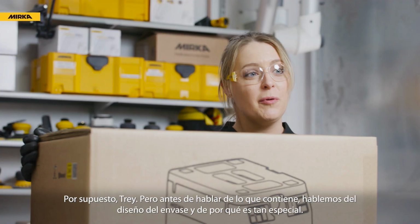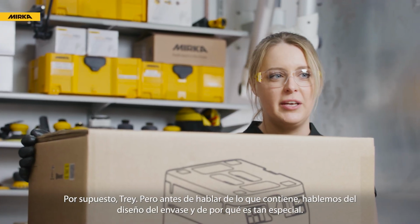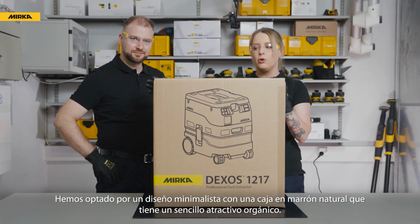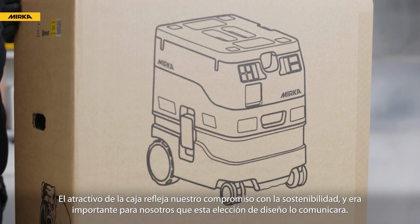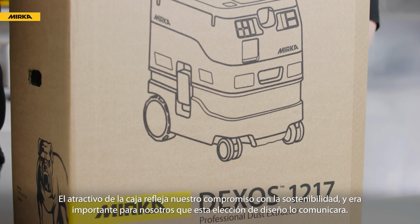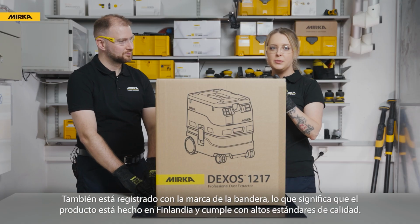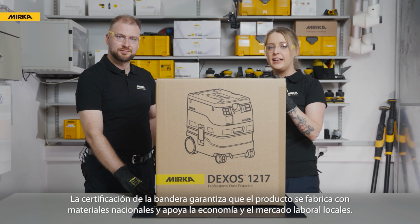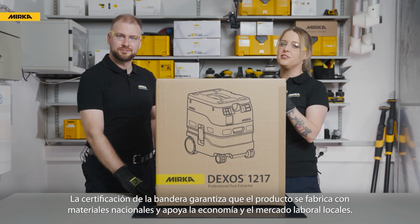Absolutely, Trey. But before we dive into what's inside, let's talk about the design of the package and why it's so special. We've gone for a minimalistic design with a natural brown box that has a simple organic appeal. The appeal of the box reflects our commitment to sustainability, and it was important to us that this design choice communicates that. It is also Key Flag registered, which means that the product is made in Finland and meets high quality standards. The Key Flag certification guarantees that the product is made from domestic materials and supports the local economy